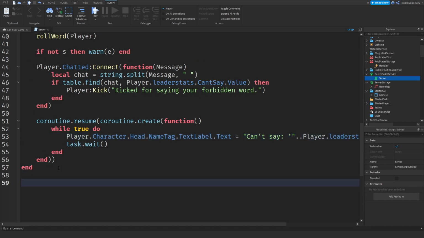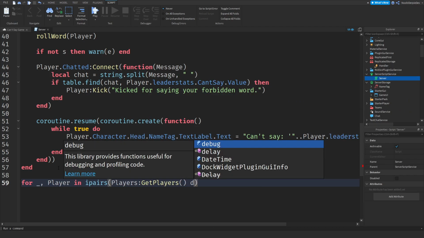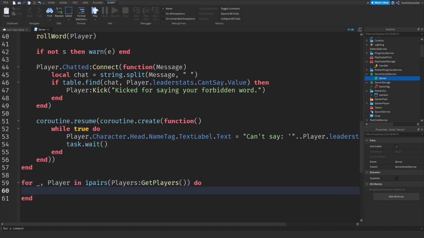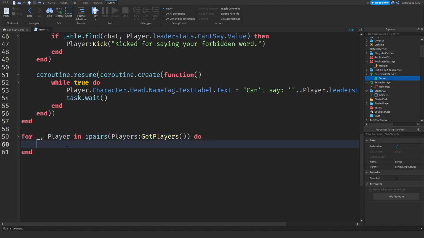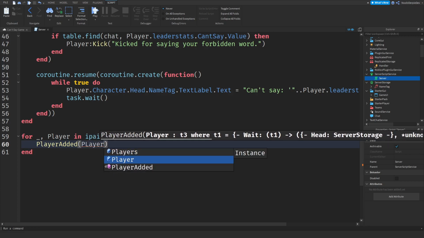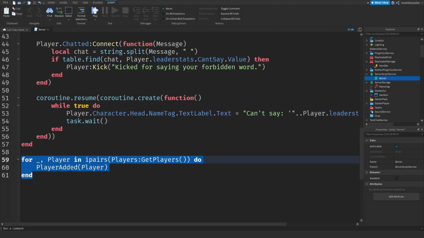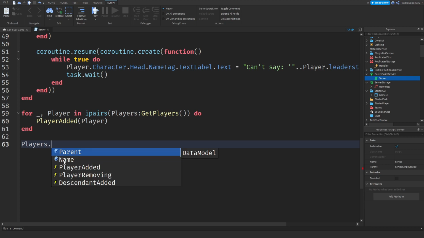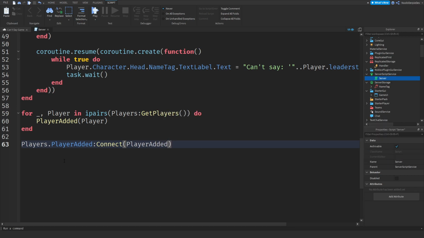So now at the bottom, we're just going to create a little loop. So we're just going to do for _, player in ipairs(Players:GetPlayers()) do, and then next up, what we can do right now is we need to add it to the player. As you can see, this is called playerAdded. So to do that, when the player joins or whenever this loop is run, we can just do playerAdded and then player in between that. So what this does, as you can see, this will load up the player by just these three lines. But when the player joins, we also want to make sure it also happens for them. So Players.PlayerAdded:Connect(playerAdded), just like this.